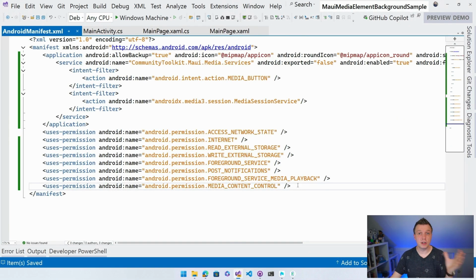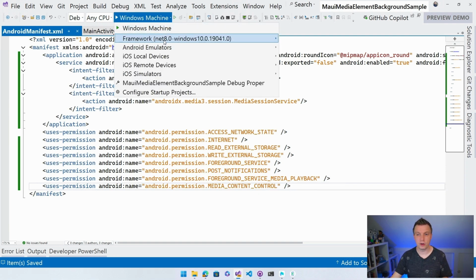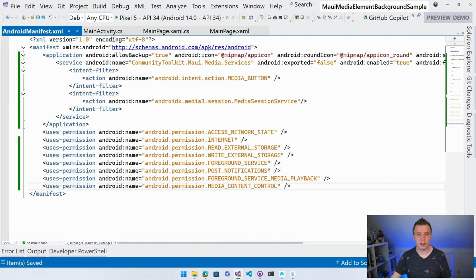Let's just see if we can run the same thing on Android. So I'm going to switch over this thing right here, Android emulators, Pixel 5, I already got it running, so it should deploy pretty fast. And now we're going to deploy the same application, the same code, and we will see it running actually on Android. And while this is deploying, let me just talk you through these things.